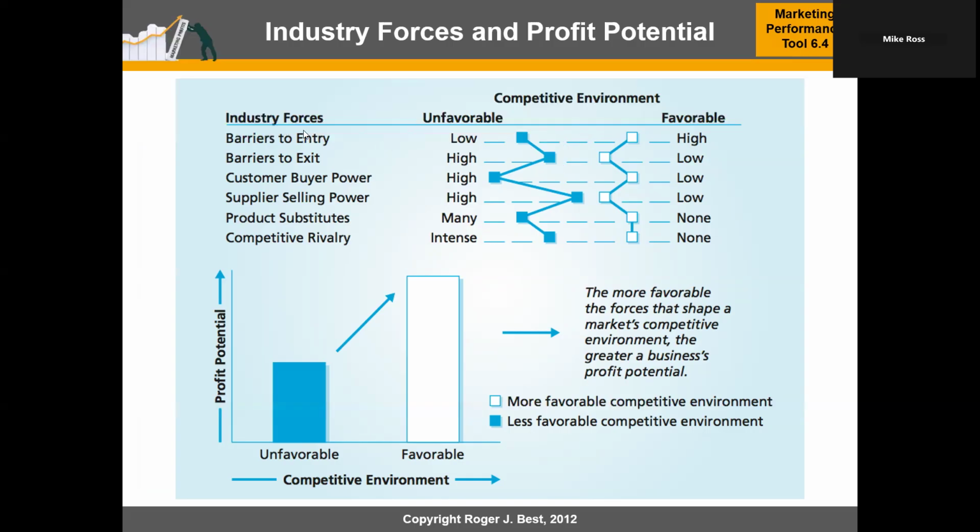And so we start to look at what we call exogenous factors around supplier selling power, product substitutes. So these are aspects of the industry that I can't necessarily control at an individual firm level. I might be able to influence somewhat, but I need to take these elements into account so that I can position myself relative to the industry forces and then relative to my